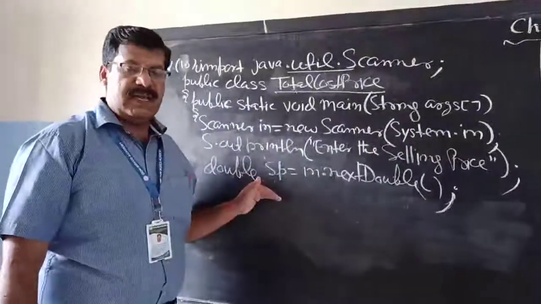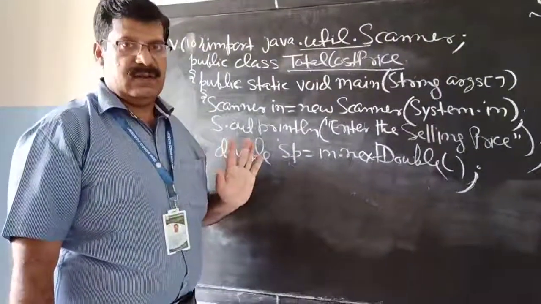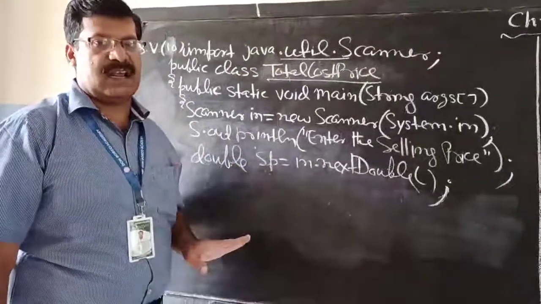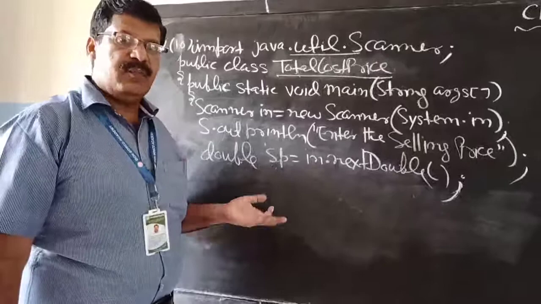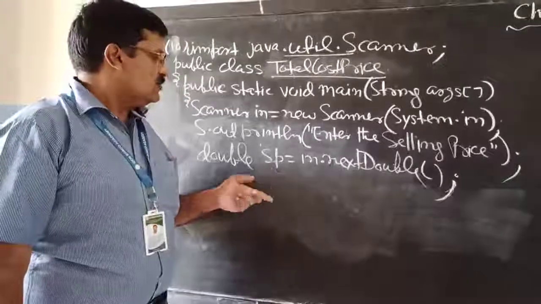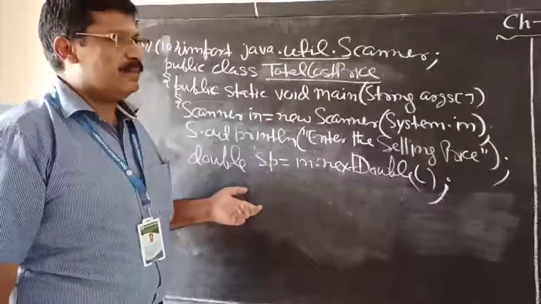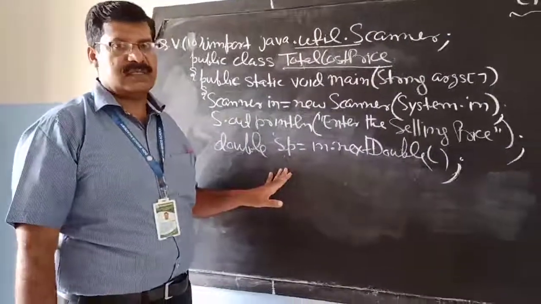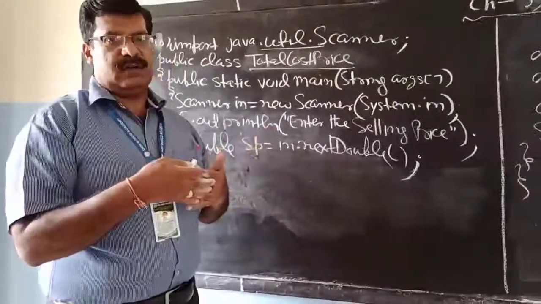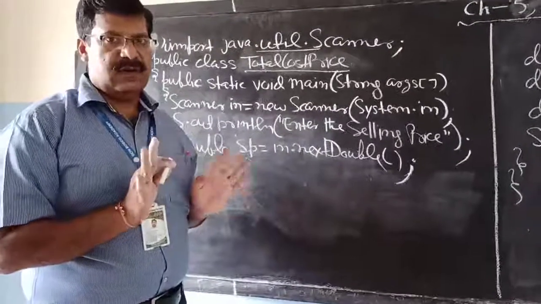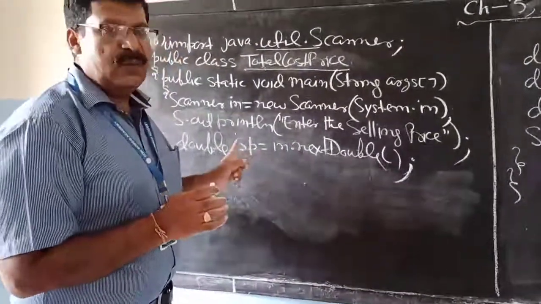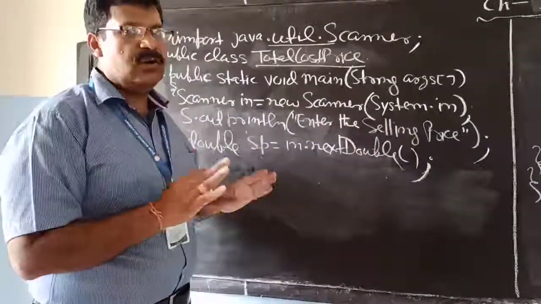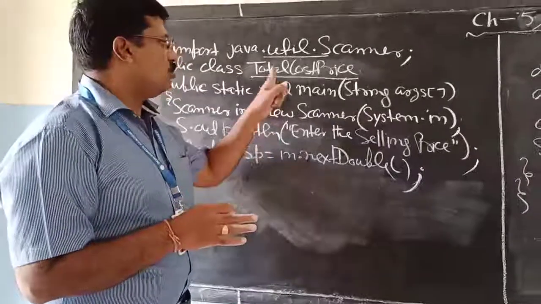Now this selling price is the same for both the calculators. No need to input two different selling prices for the first or second calculator, because the question says that both the calculators have got the same price. So on this selling price we have to calculate 20% profit, and for the second case 20% loss, and then we'll add both the cost prices, and that will be the total cost price.